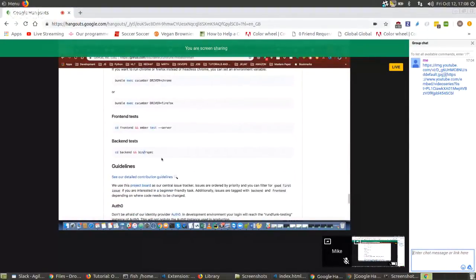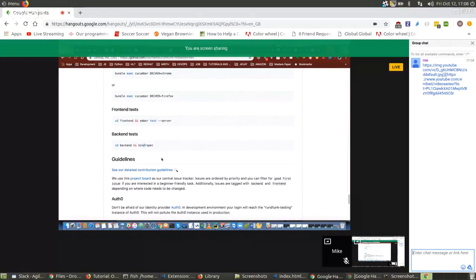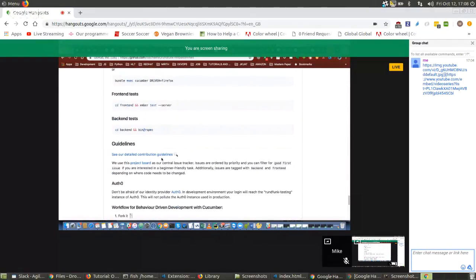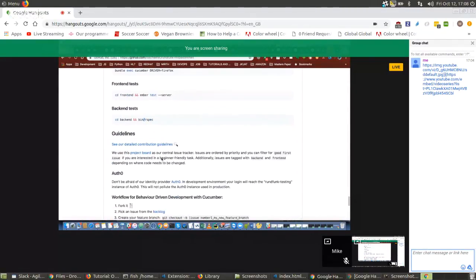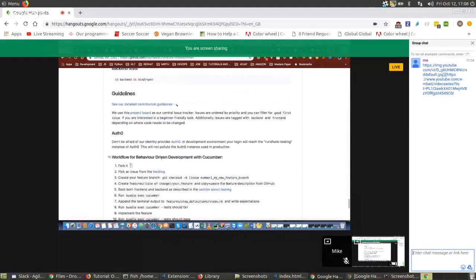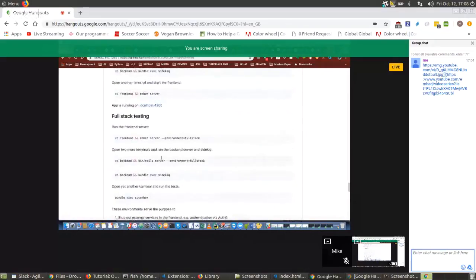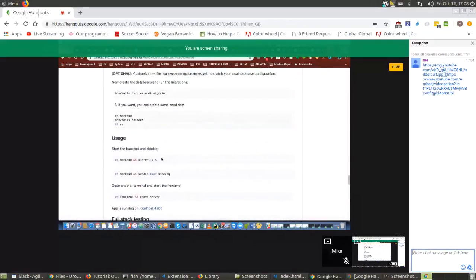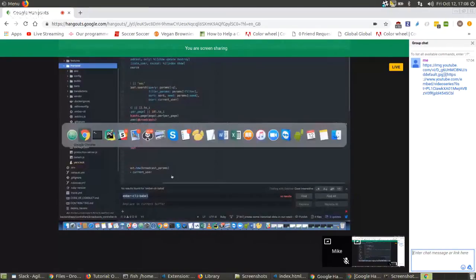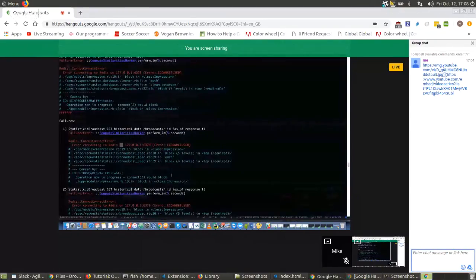So the backend test doesn't seem like it tells you to start Redis, but that's not consistent with what you just tried, right? So maybe you need to scroll back up and it will tell you how to start Redis. So bundle exec Sidekiq right there. Like you're in the back end and now you need to run bundle exec Sidekiq.